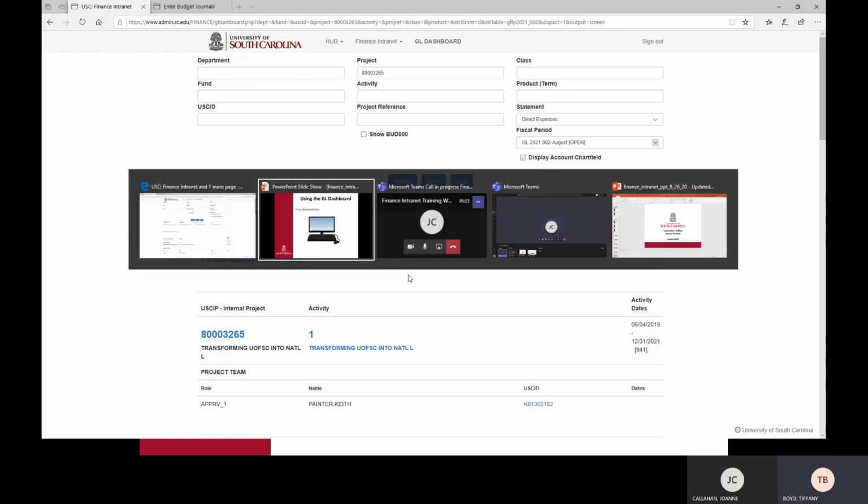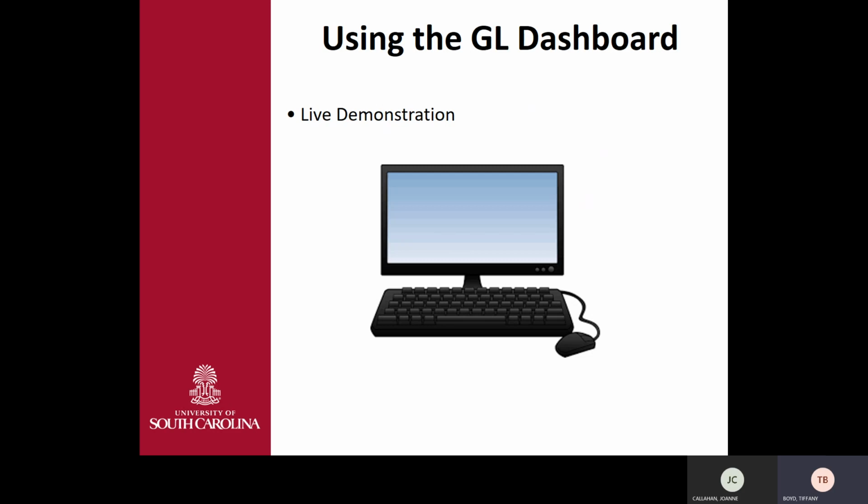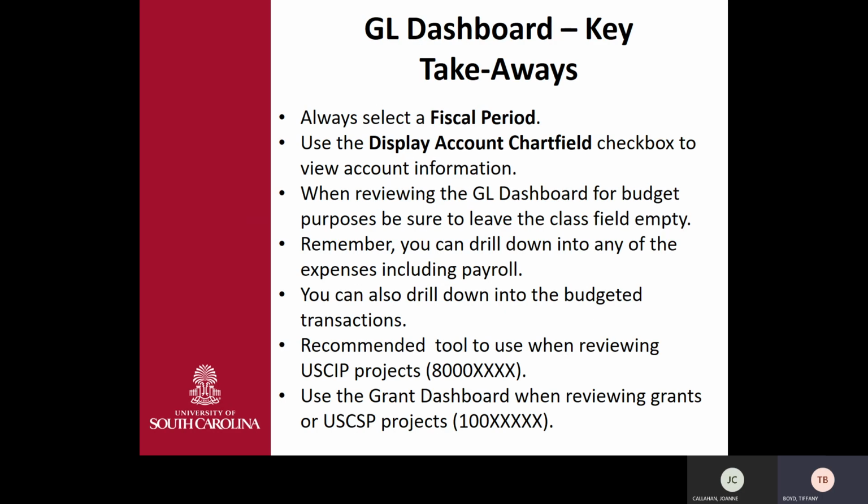So that is just a quick overview of the GL dashboard. So just some quick key takeaways. Make sure you always select the fiscal period, just to make sure that you are returning the results that you want. And make sure you check that display account chart field checkbox so that you can see the details of